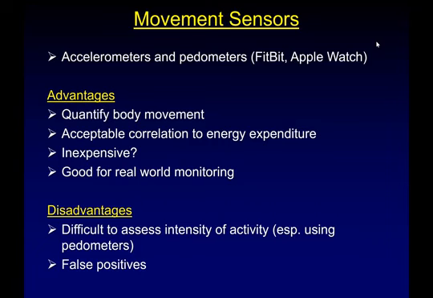Apple Watches, there's been a lot of research. Apple Watches tend to overestimate. The Fitbit watches are a little better, at least the last version of them. I haven't seen data on the newest version of the Apple Watch, but the Apple Watch tends to overestimate distance covered, and therefore it also tends to overestimate caloric expenditure. It makes people feel better about themselves, which is probably a good thing. But then if you're like me, you're like, ooh, I burned 700 calories. I'm going to go eat more in the midst of all of that.